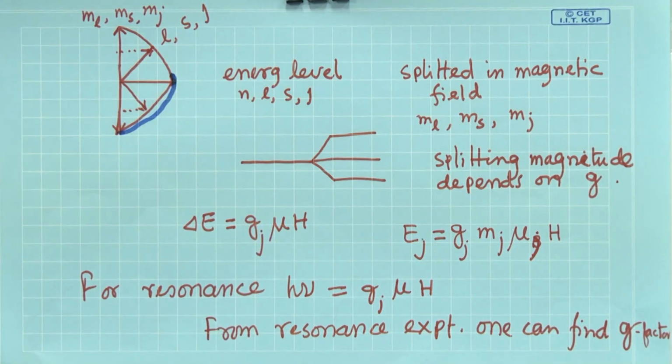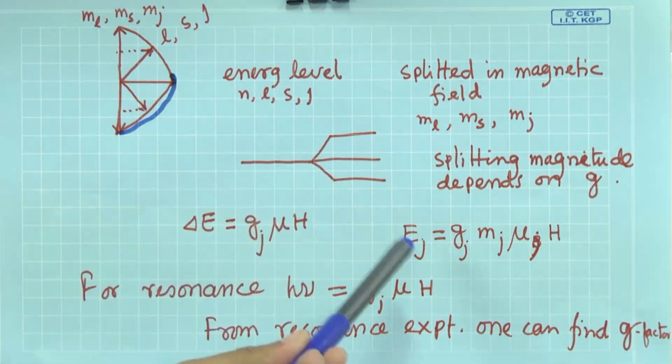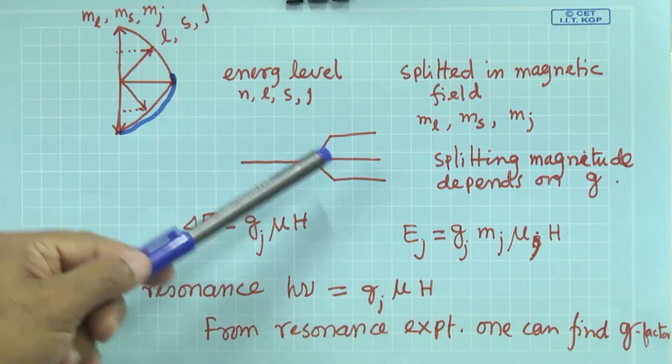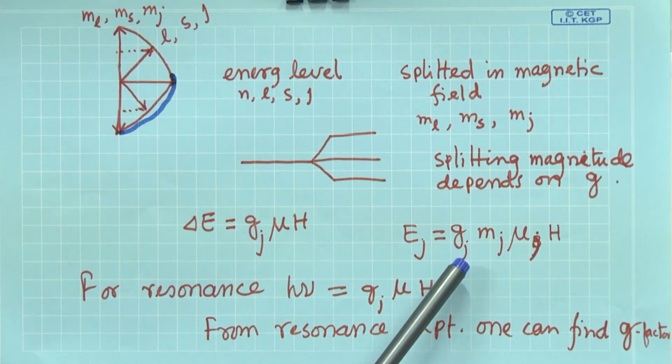If you take only orbital motion and the magnetic moment for that, then it will be Gl. Otherwise, in general Gj. So, Gj, the magnetic moment of this particle, this mu, is placed in a magnetic field H. So, Gj mu H will be the splitting. So, the energy of the energy sublevels is expressed this way, Gj mj